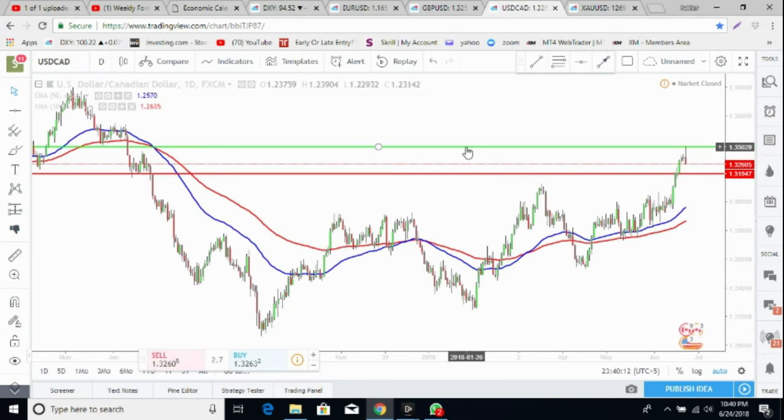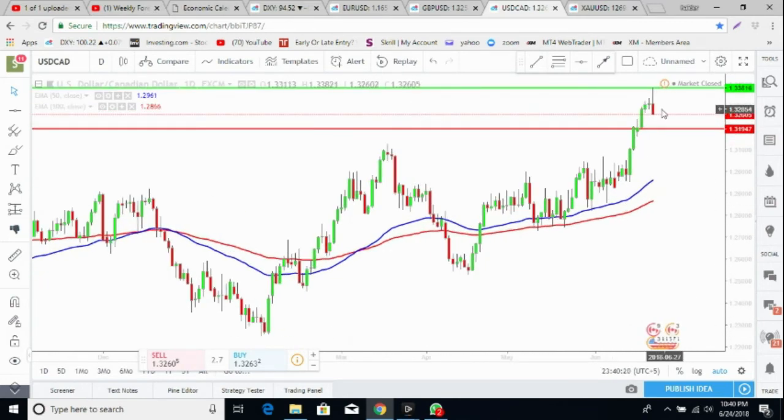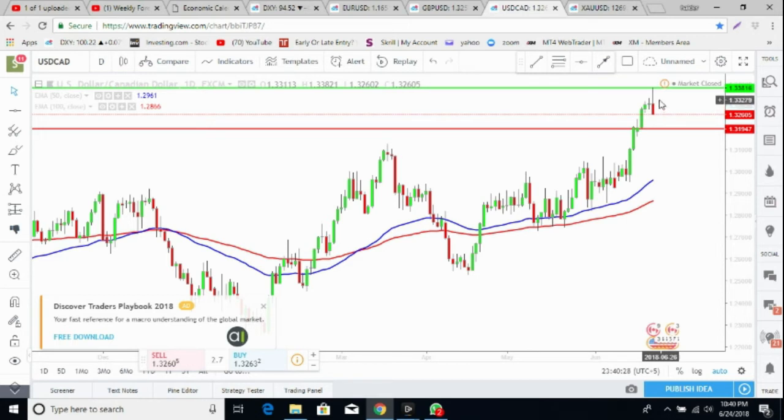Let's move to USDCAD, and USDCAD definitely is a sell, a very weak candle at the moment on the daily. Though it can just try to go up again, from around 1.3307 or 1.33 it will start to drop again, and it can even open with a gap down and just keep going down. The only reason it can go up is the oil prices. If oil prices also drop, then we might see an uptrend again in the USD-CAD pair.